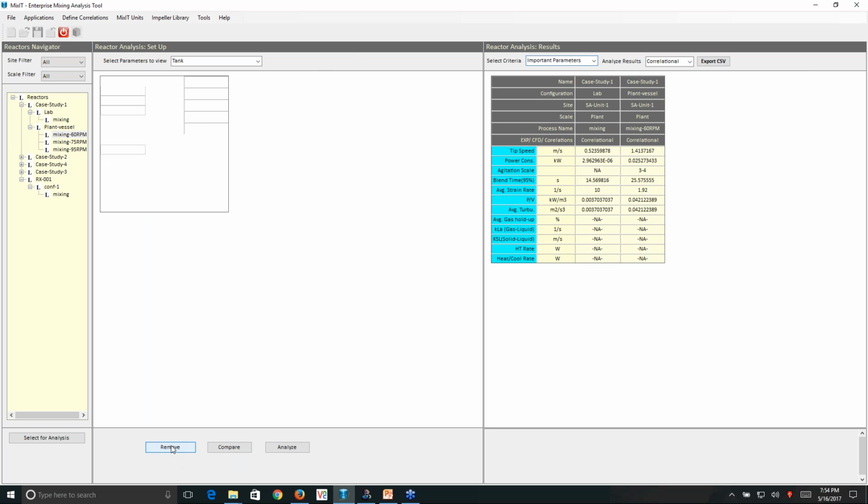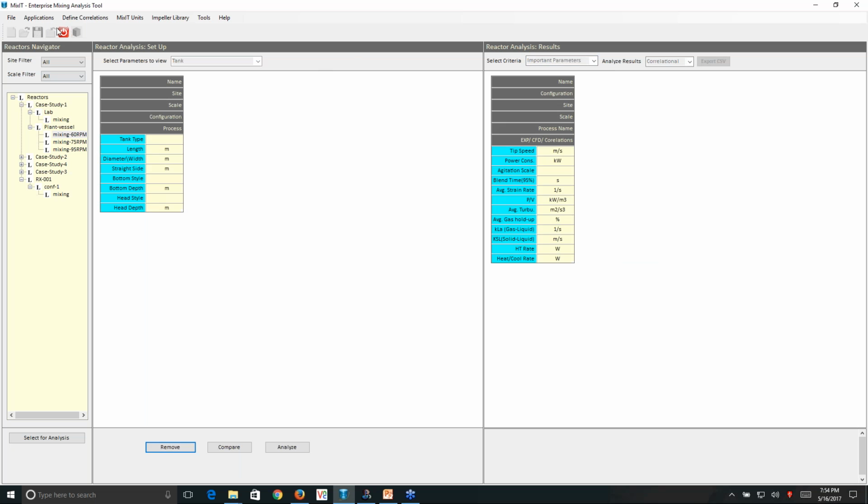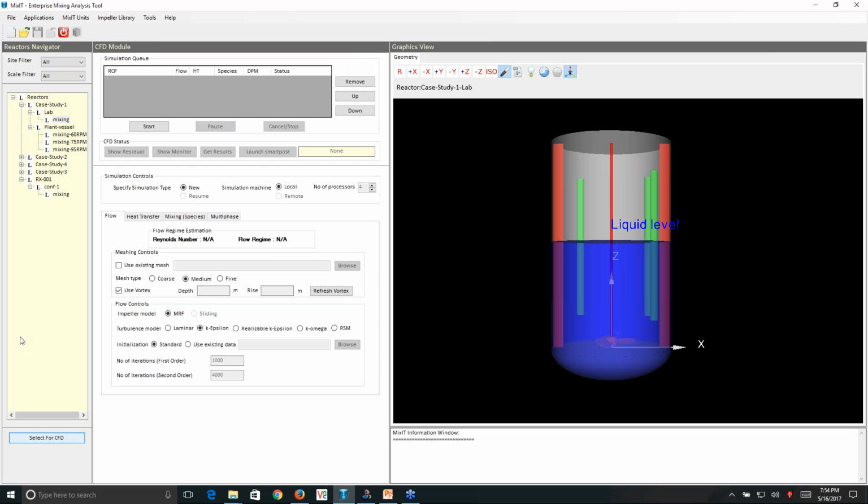Similarly, we have the CFD module where, as I indicated, the CFD process is fully automated. So the user can quickly select the vessel for the analysis. There are various settings available. Advanced CFD users can definitely play with these settings. For users who may not be very well accustomed to the process of CFD or the settings of these parameters, they can keep these parameters at default and then start the simulation.